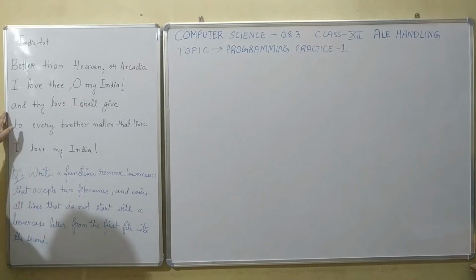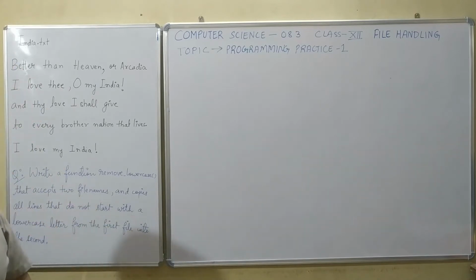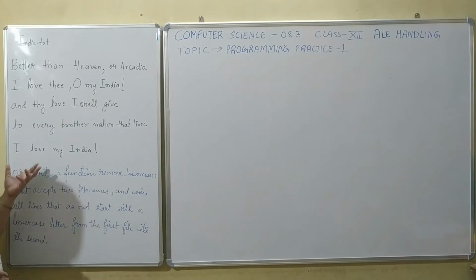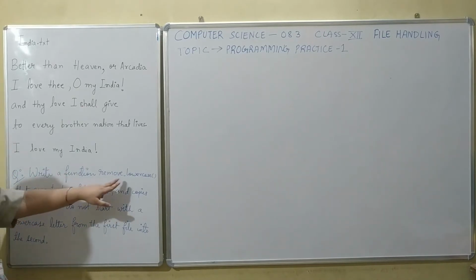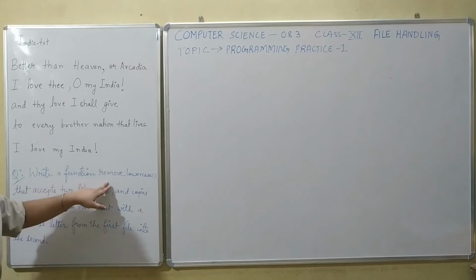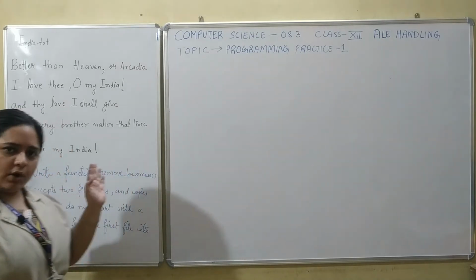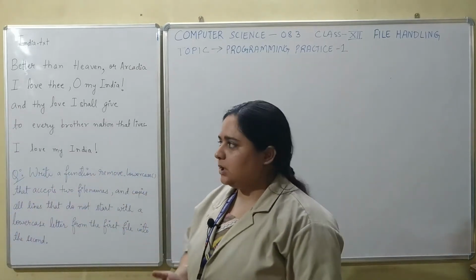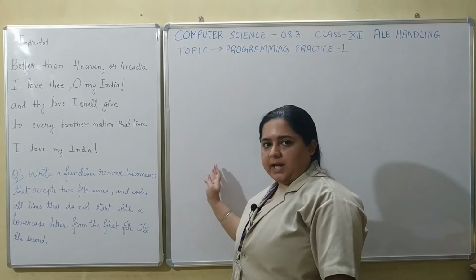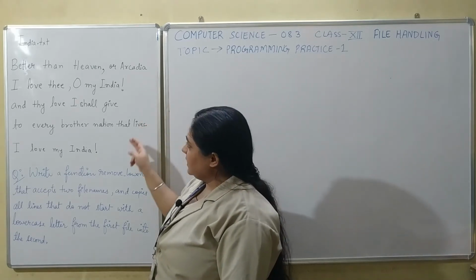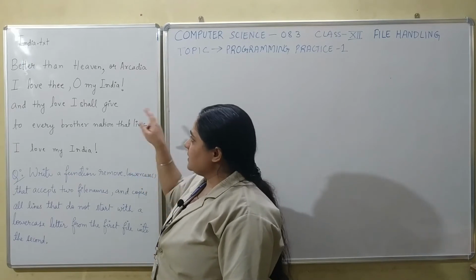So you can already see the file over here. These are the file contents and the name of the file is india.txt. So our task is to remove lowercase lines. That is, we are not actually going to remove anything from this file. What we are going to do is ask for another file name from the user, and in that file we are going to send all those lines which are given in this file which do not start